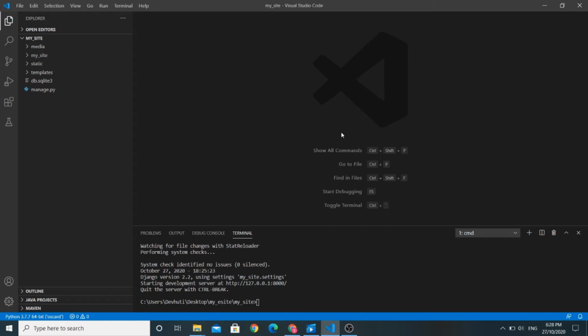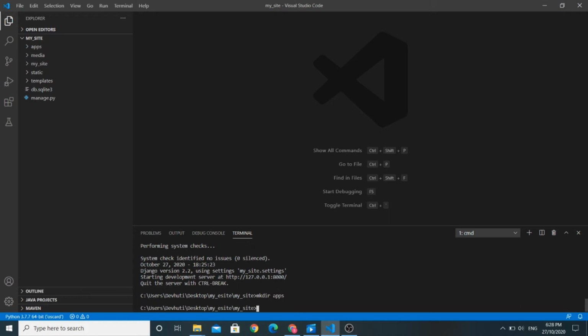Then the second step is we need to use the oscar_fork_app management command in order to fork the app in our apps folder. This command will create the checkout app under our apps folder. So first let us run the mkdir apps command. You can see that the apps folder is created under our project.